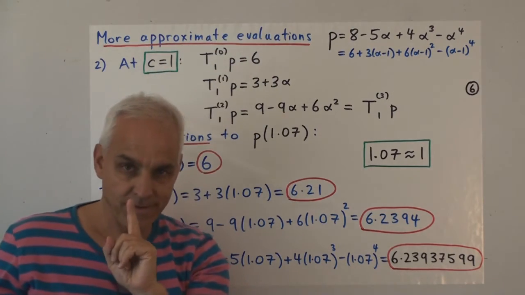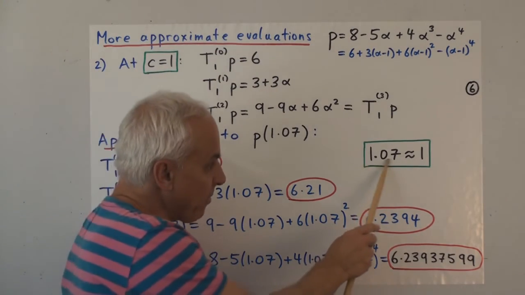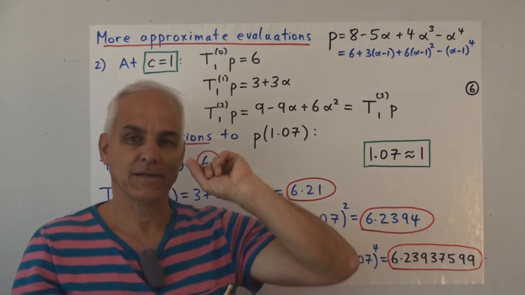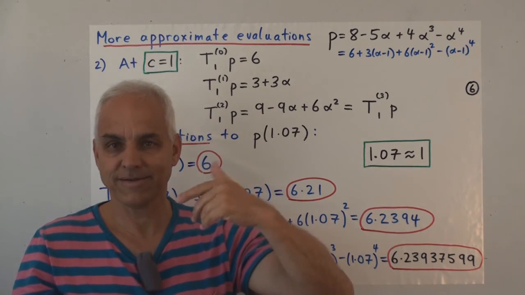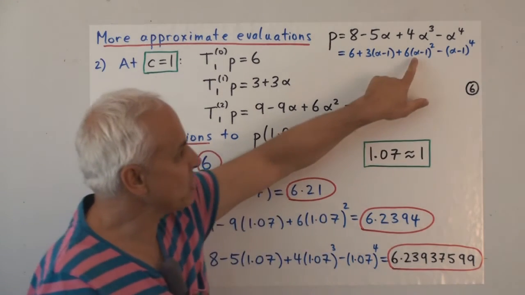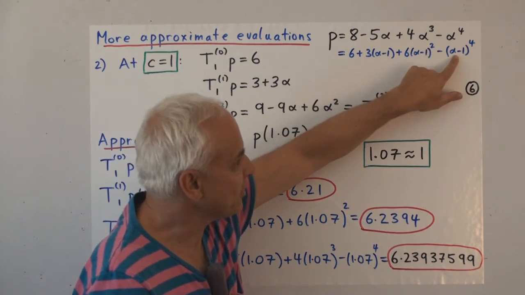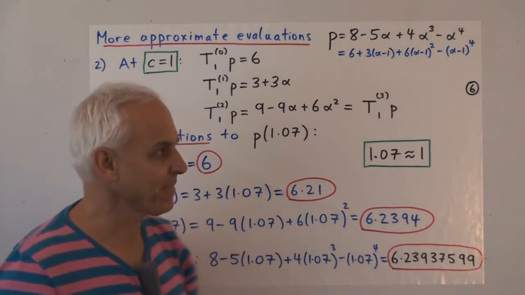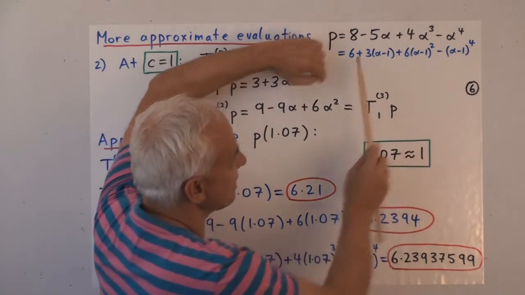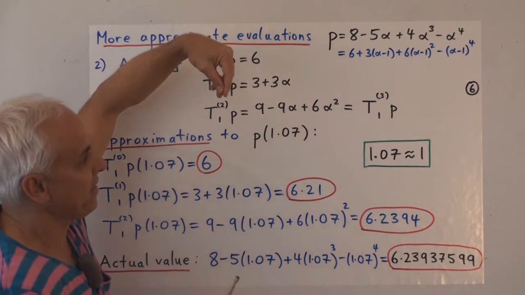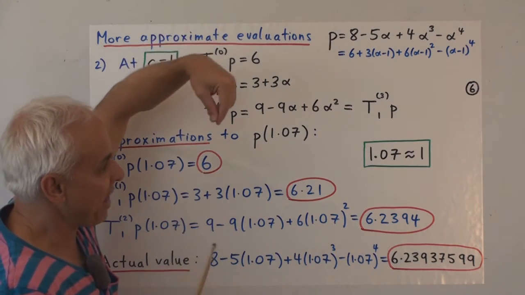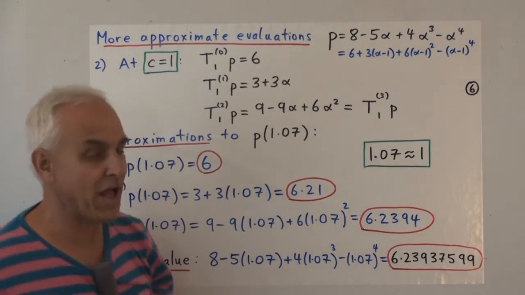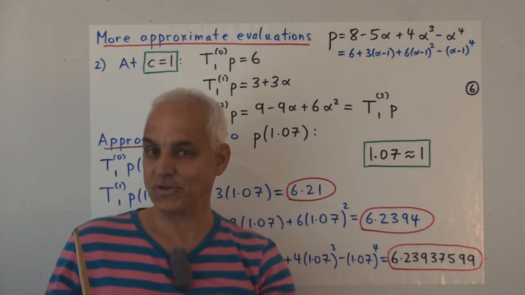And why is that good? That's good because if this number is pretty close to 1, then the difference between alpha and 1 is small, like close to 0. And so when we square it, or we take its 4th power, we're going to get something that's small. So that means this representation is ideal when we're evaluating the polynumber at a value which is close to 1. This representation is good when we're evaluating for an alpha close to 0.